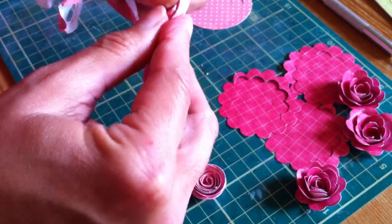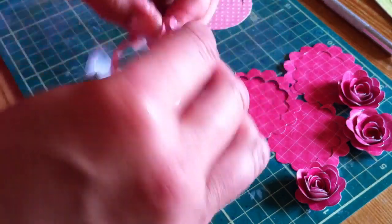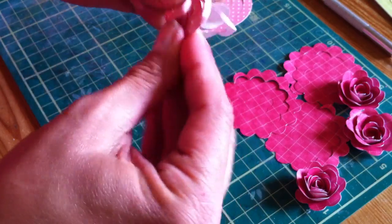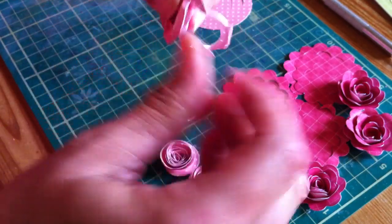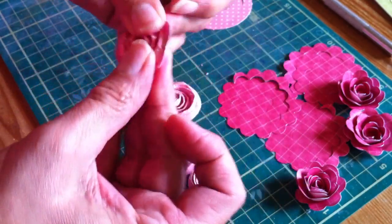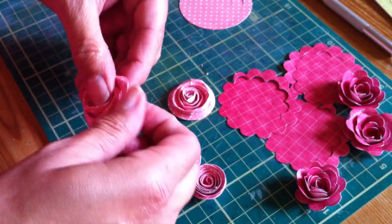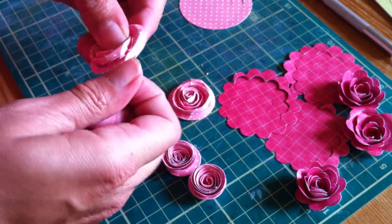Just keep going. As you go further and as it gets further and further wound up, you'll see that the straight edge of the rose starts to open out. I'm not trying to make a shape, I'm literally just rolling it up on itself, and then when you put this down it will unravel slightly, and you can also bend pieces over just so that you like how it